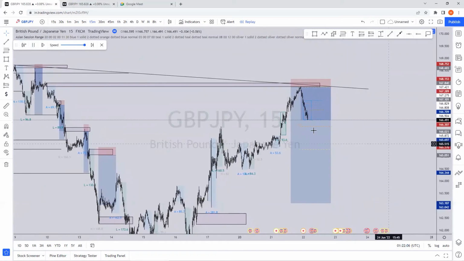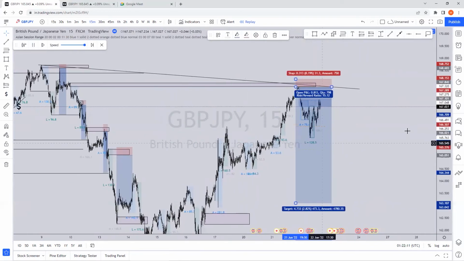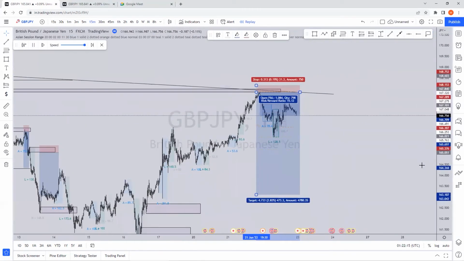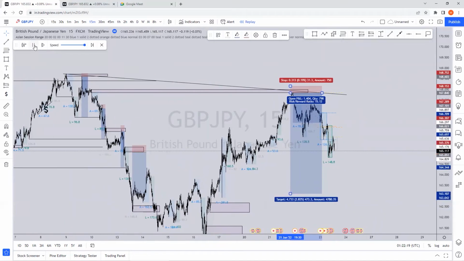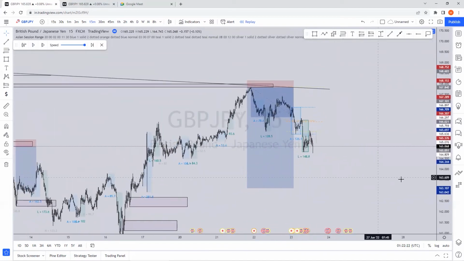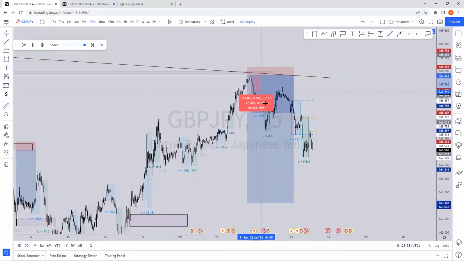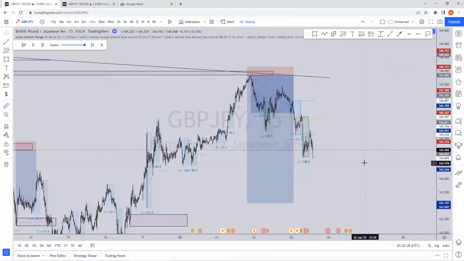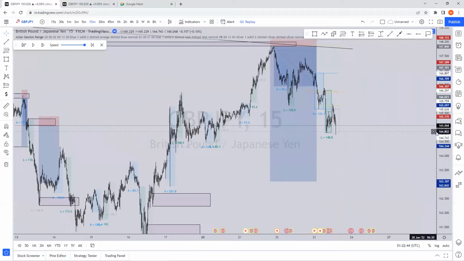we had a perfect mitigation, right? Had a perfect mitigation right there, and price moved. And of course, as a day trader, definitely you want to take profit. This is already very nice profits, price mitigated. We had this over like 207 pips before price retraced, and of course we are still going down. This is over like 300 pips. So definitely you would have taken lots and lots of profits, secured a lot of partials,